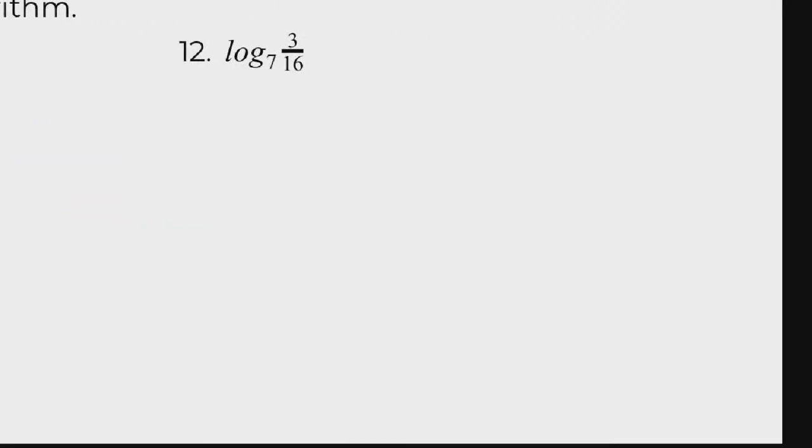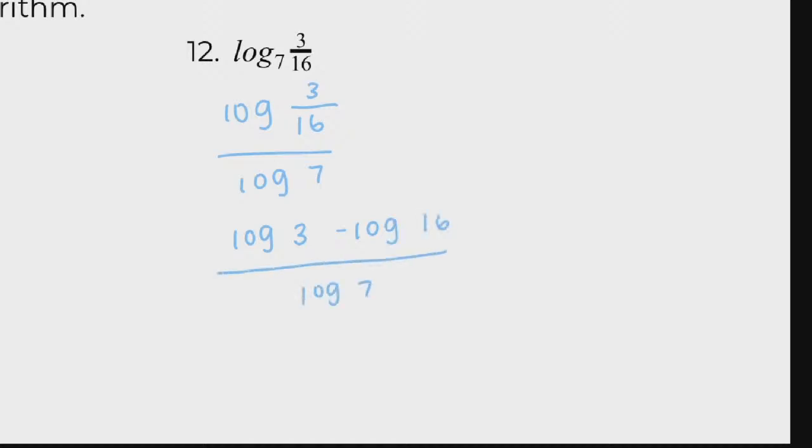And then for number 12, we have log base 7 of 3 over 16. So 7 and 3 over 16 don't have a common base, so I'm just going to use the log button on my calculator. So I have log of 3 over 16 over log 7. And we can expand the numerator, so that'll be log 3 minus log 16 over log 7. And you can choose ln if you want as well. And we'll get negative